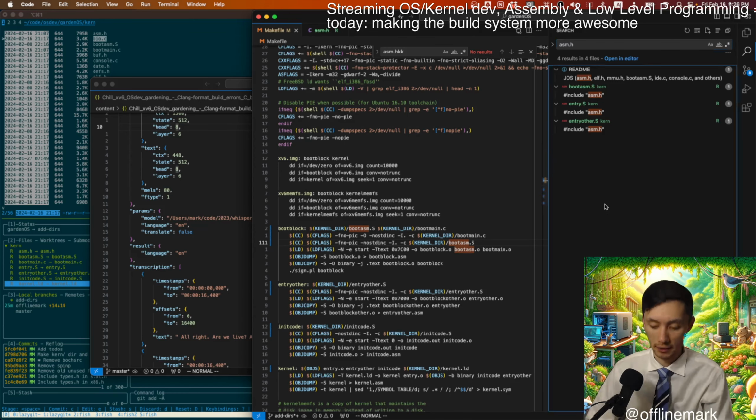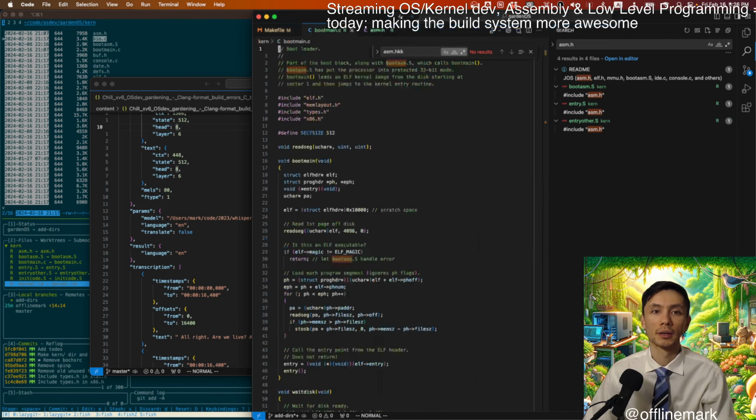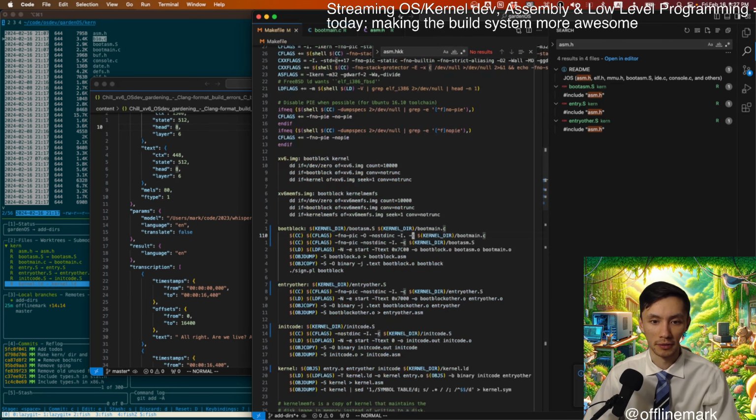What does boot main include? This is annoying. types.h. elf.h is already in the kernel. Mem layout is already in the kernel. x86 is already in the kernel.